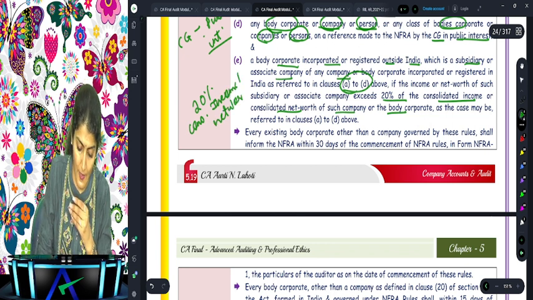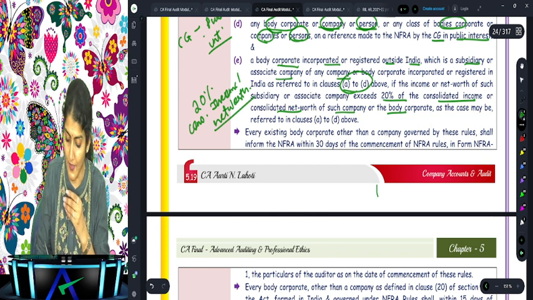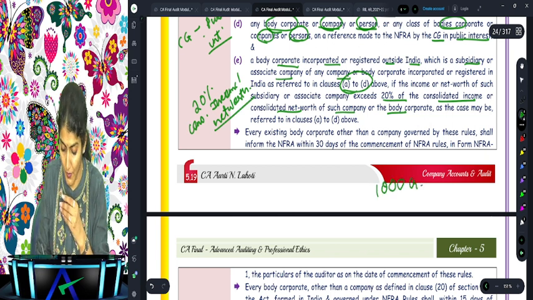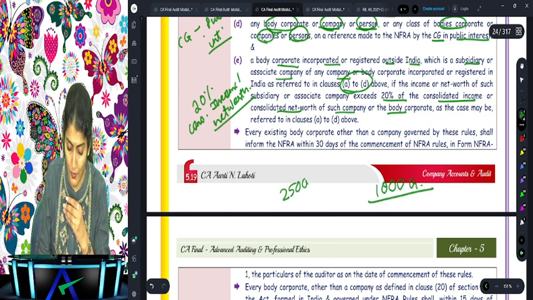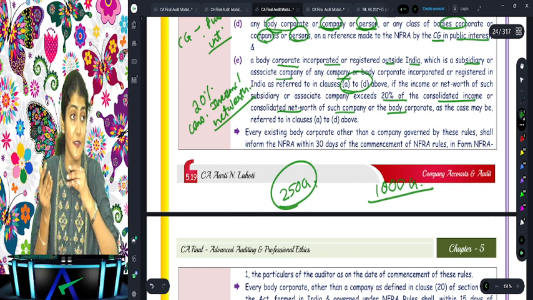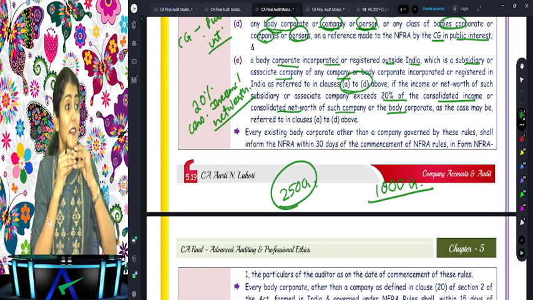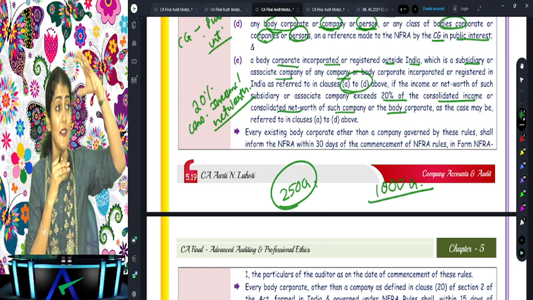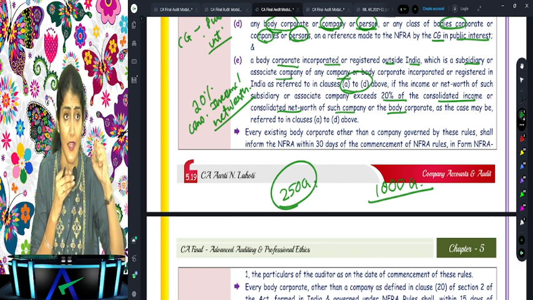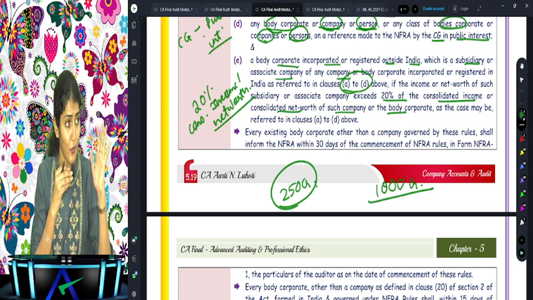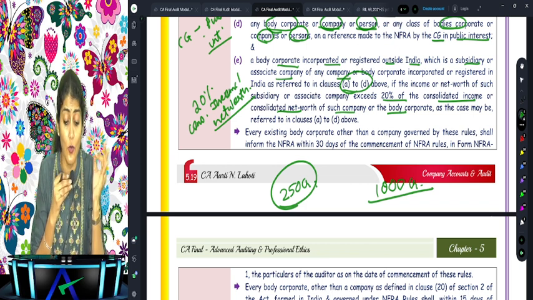So say there is a company having a total consolidated income of 1000 crore and say out of that 250 crore is coming from this entity which is registered outside India and it is their subsidiary company. Can it come under the lens of NFRA? Yes, even that can come under the lens of the NFRA. Are you able to follow this? Yes, this is a do or die question.